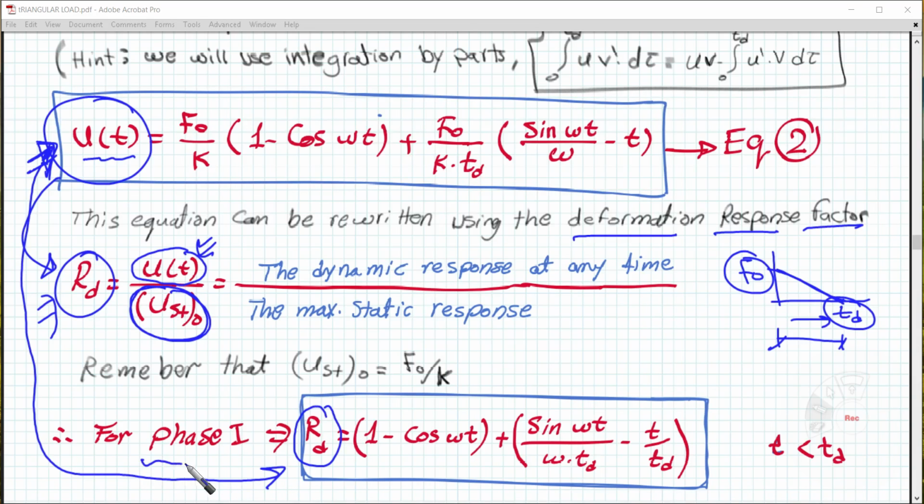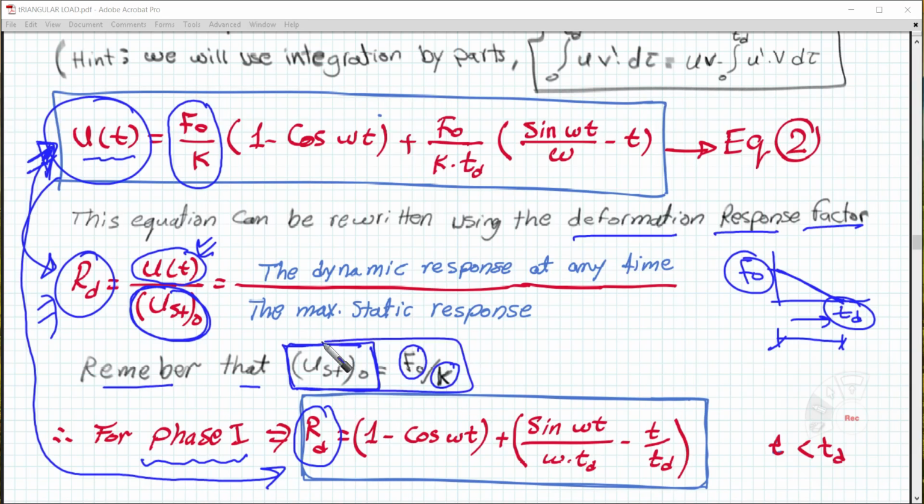Still, we are talking about phase 1, of course, which is the forced vibration. So in this case, we are going to divide this equation, equation 2, by F node over K. As I said before, remember that the maximum static response equals F node over K. If we use it and divide equation 2 by this U static node, we are going to find that this term